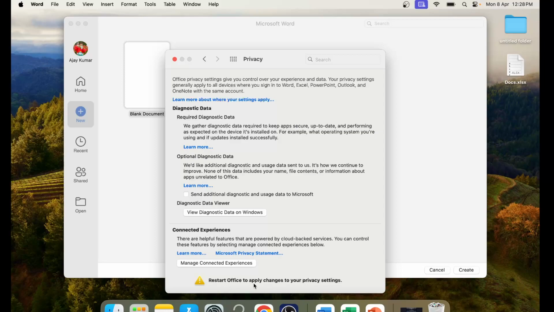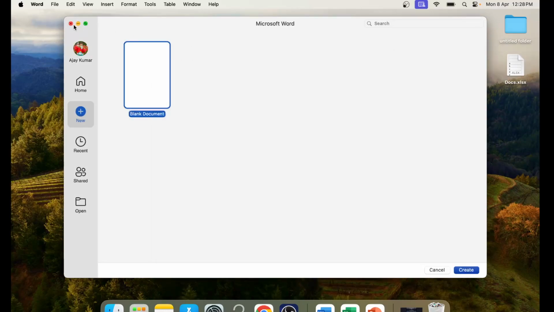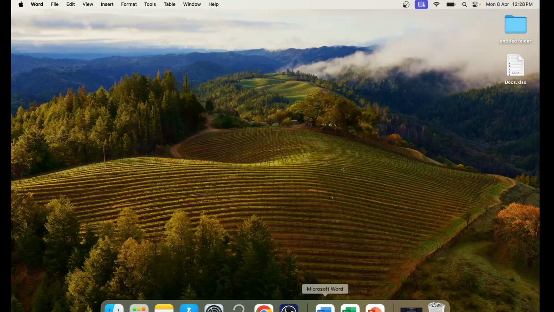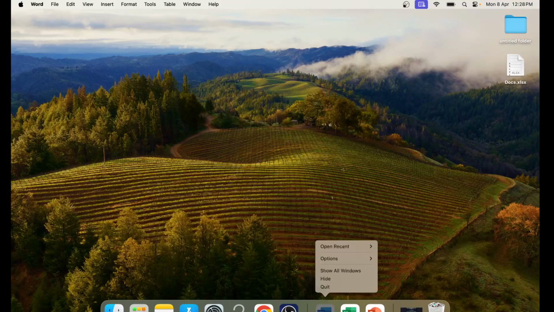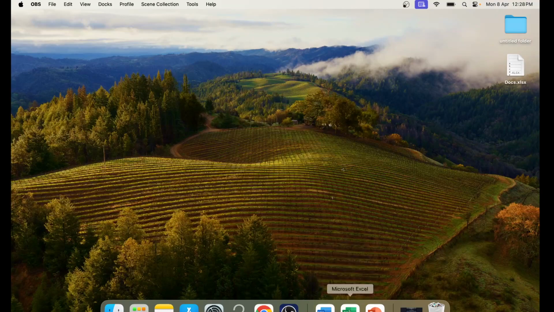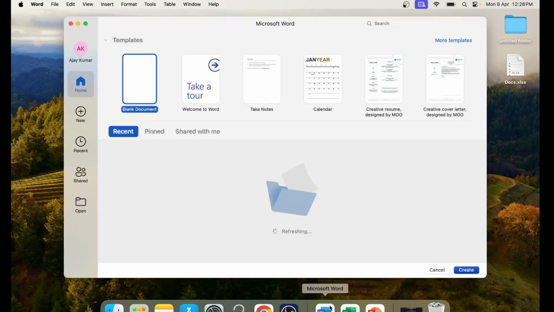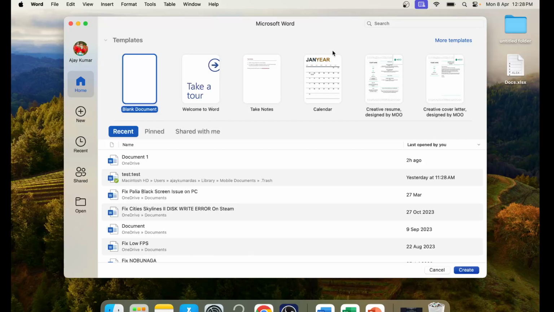And then you have to restart Office. So you can close this, and then you can quit all the Office applications. So make a double tap and then quit, then quit Excel, make a double tap, quit, make a double tap, quit. And once you close it, now you can open Word, and then you can click on more templates, and